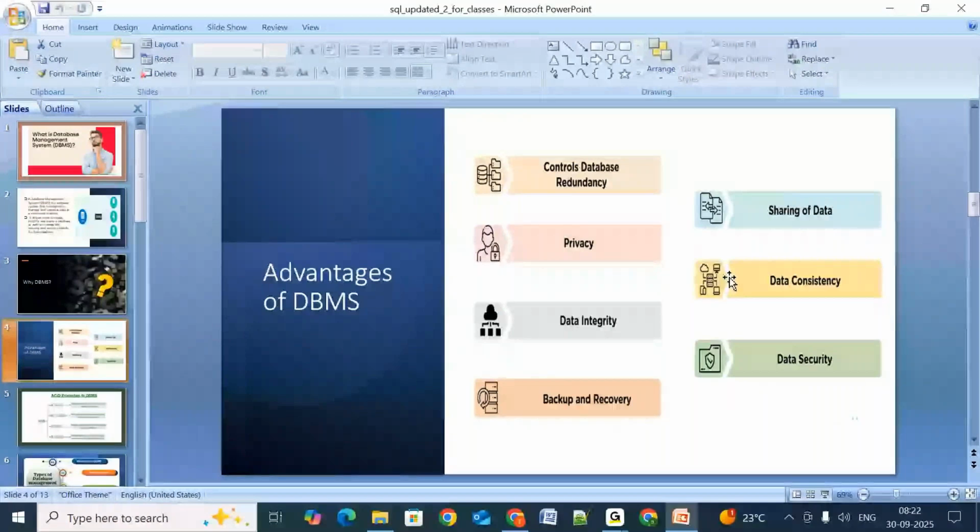What you have to do is, you are using one database. For that database, these are mandatory. In future, maybe one of you wants to introduce a new database. Maybe after 2, 3, or 4 years, you are interested to work on a new database. Then you have to keep these DBMS advantages in your mind. You have to design your database in a way that you can introduce it into the market with some permissions. Just keep in your mind, these are the advantages.